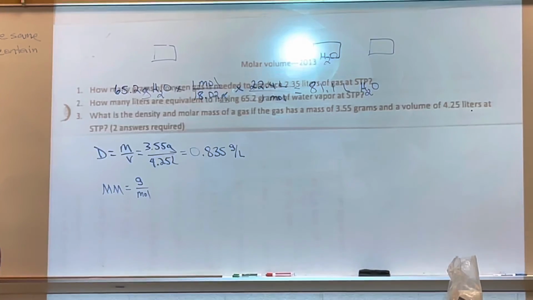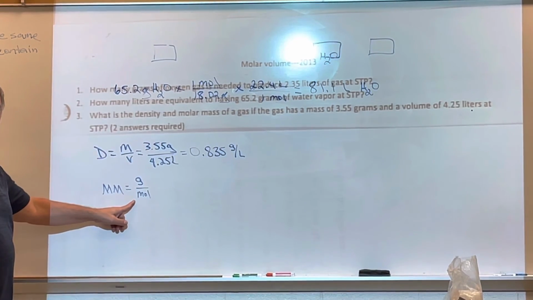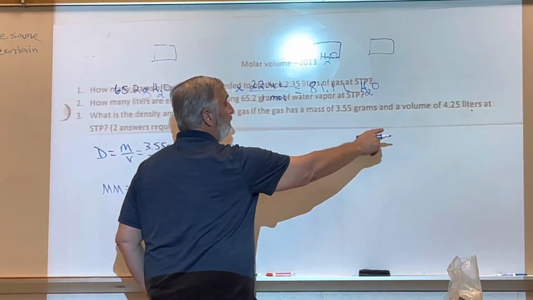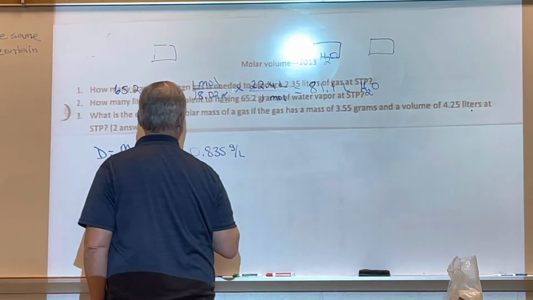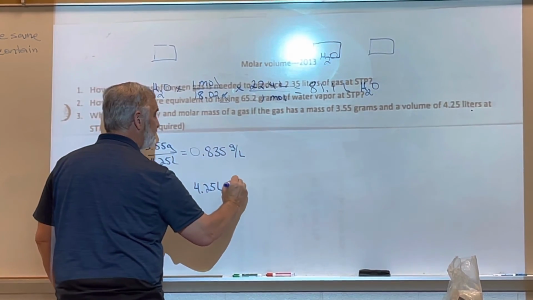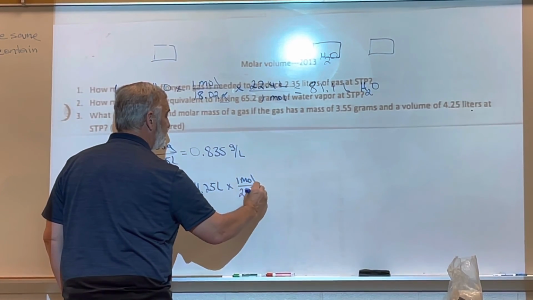Do I know either one of those? I know grams, right? So I need to find moles. So how do I find moles? Well, I have 4.25 liters at STP, so 4.25 liters times 1 mole over 22.4 liters